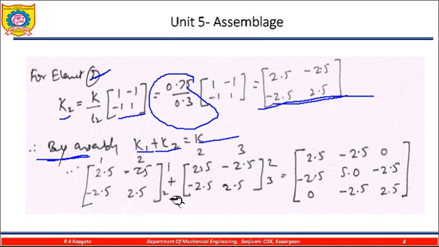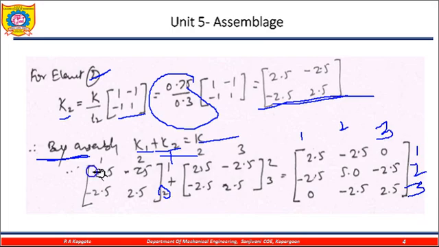So after assembling, the addition of this gives us a 3 by 3 matrix, this is the 1, this is the 2, this is the 2, and this is 3. There is an addition of these two terms, and the rest stay as they are. So here we need to manipulate in the right way. Assemblies we have already studied. So this is my 1, this is my 2, this is my 3: node 1, node 2, node 2, and node 3.